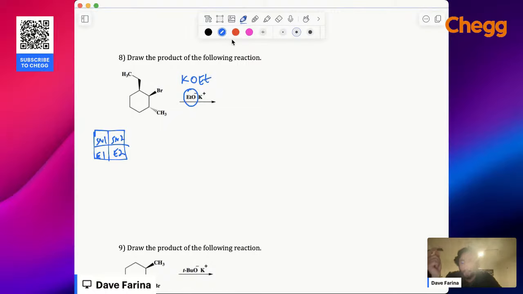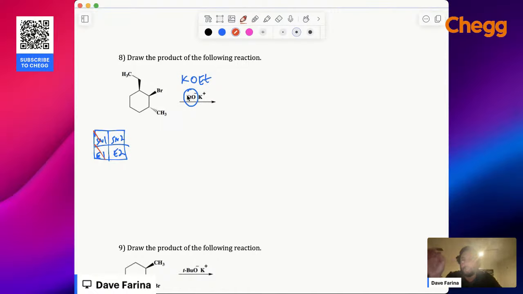If it's very strong, then we don't have to wait for a carbocation to form. So we know that SN1 and E1 are not going to happen, because the base, the nucleophile, is going to react. It takes a long time for a carbocation to form. So if something is going to happen faster than that, we're not going to consider those mechanisms. Now, ethoxide